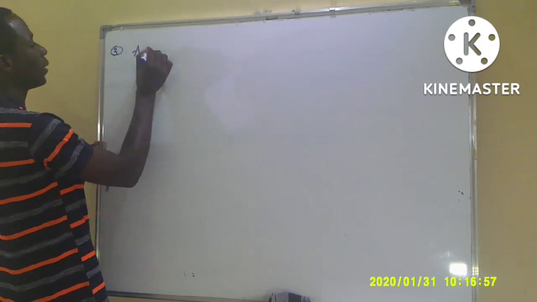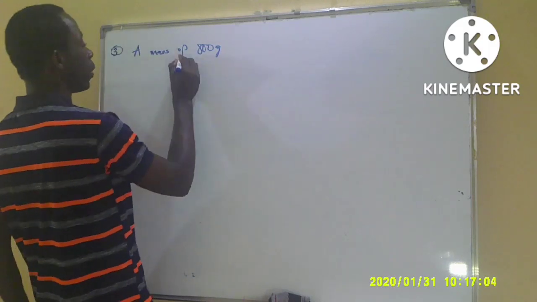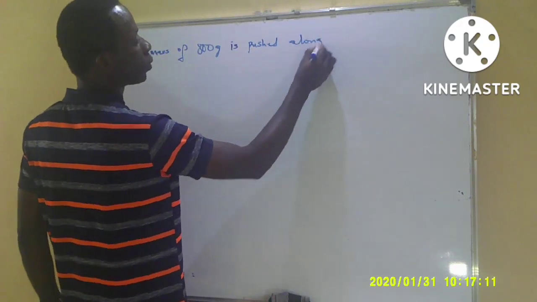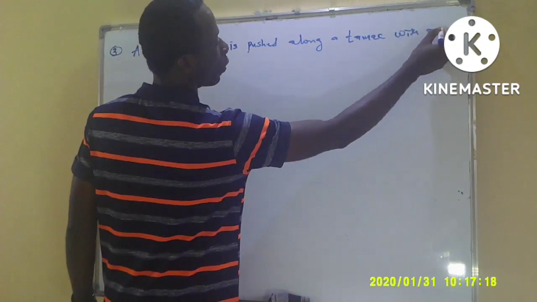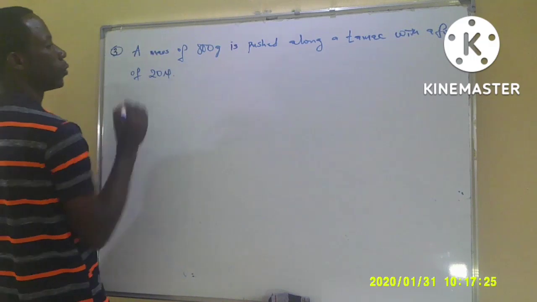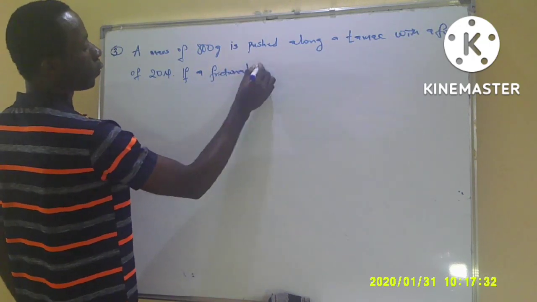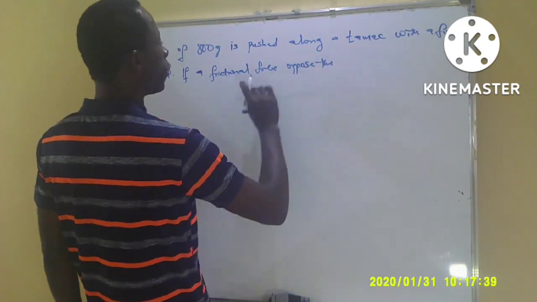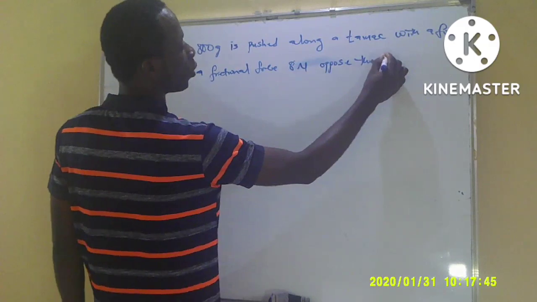Let me put it as question number 3. A mass of 800 gram is pushed along a tarmac with a force of 20 Newton. Full stop. If a frictional force opposes the motion, if a frictional force of 8 Newton opposes the motion,